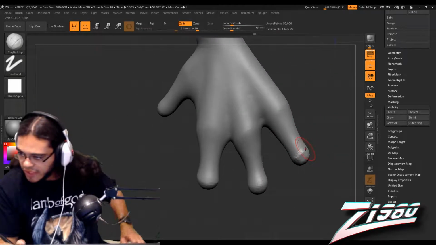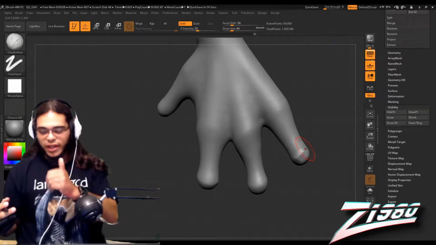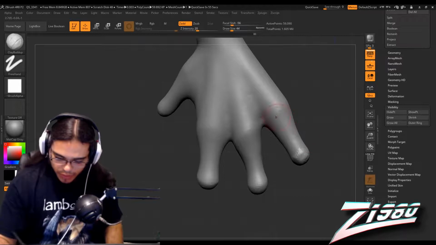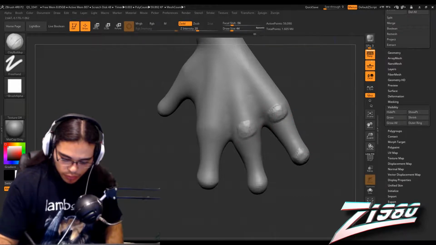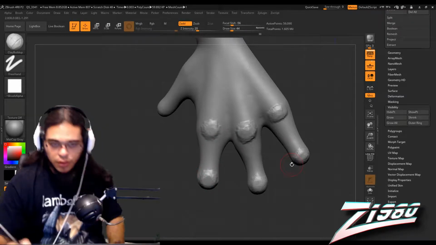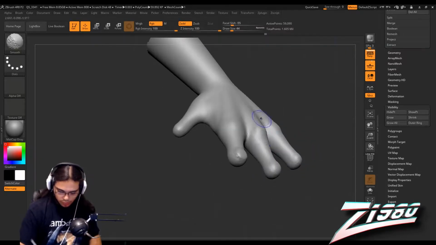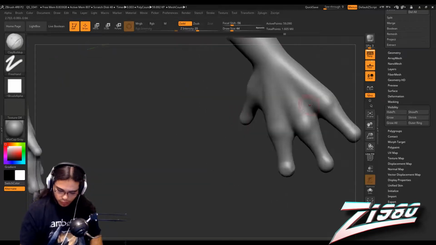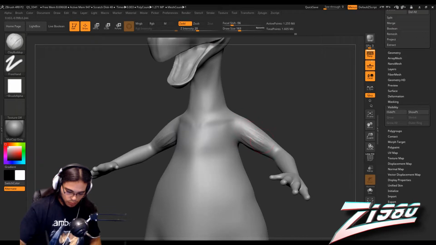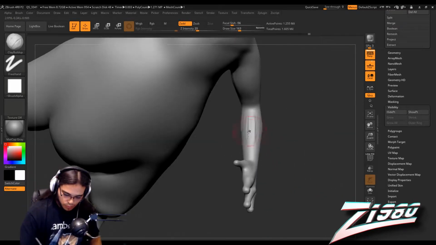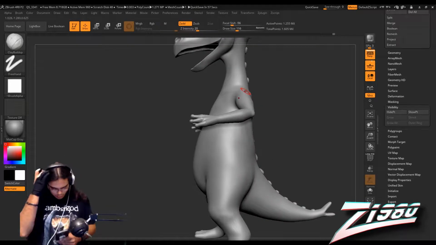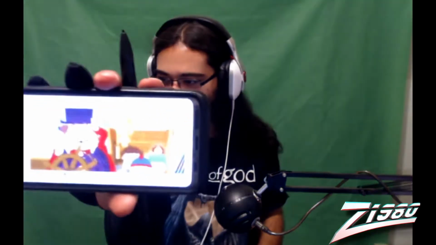So from the way I'm looking at his hands, they're very simple. I think that they only have like 2 main articulation points per finger. So I'm just gonna mark that as being a knuckle. That's a knuckle. Knuckle, knuckle, knuckle, knuckle, knucklehead. I don't know if you guys can see it, but